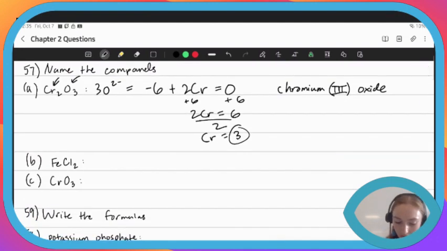So now let's move on to 57B, and so we have an Fe and Cl2, and this is also an ionic bond because the iron is metal and the chlorine here is a nonmetal, and so these are going to be taking and giving electrons instead of sharing them. So this is an ionic bond, so that changes the naming of things. So we first have iron here. The Cl2 here is chloride,